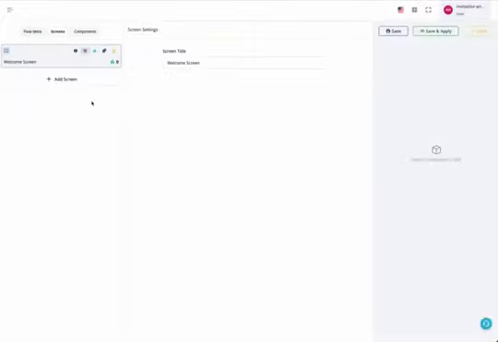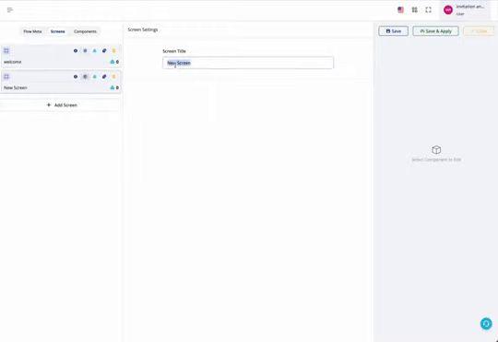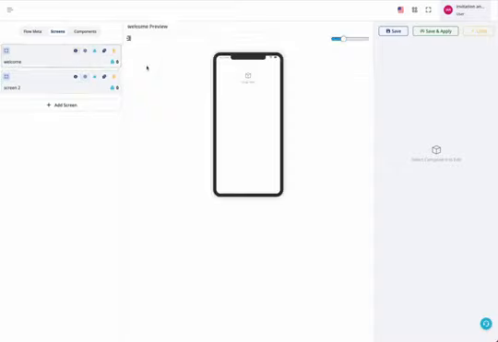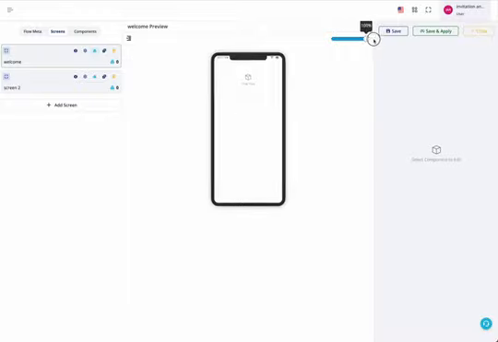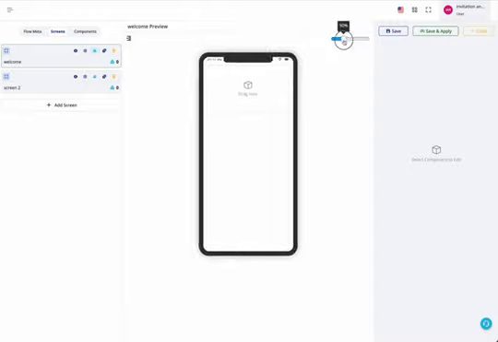Now let us understand each and every small aspect or option available here. The very first thing is you can have multiple screens in your WhatsApp native flow. With this, you can have a unique screen title for each screen. Now the very first icon, the eye icon here, is basically the preview of the flow. Right now you do not have anything in the particular screen, so you can also zoom in or zoom out